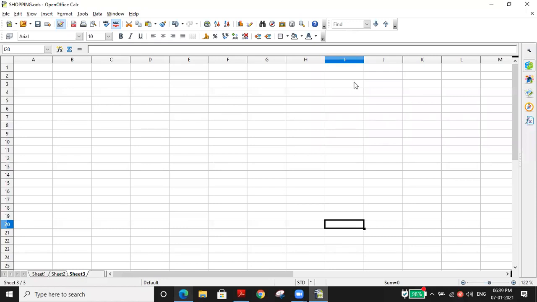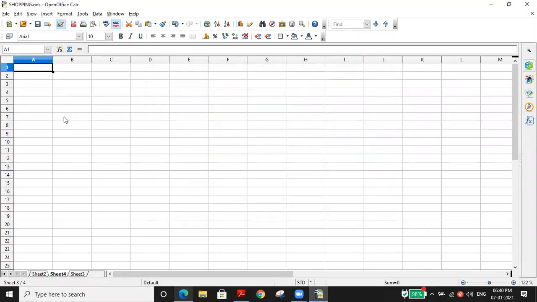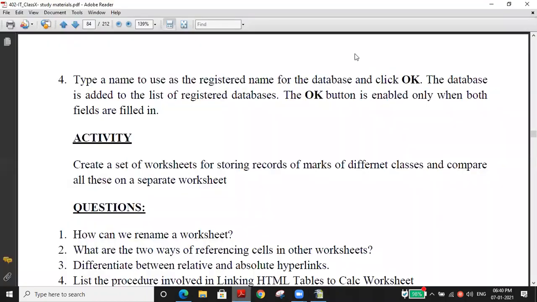For example, the 6th standard total will be present here, so you want to easily refer to that 6th standard total. On a separate page, you can create a new page, and in the new page we can easily create the 6th standard total, 7th standard total, 8th standard total. So by using the cell reference, we can easily refer to all the data in a single worksheet. Do you understand what I'm saying? Yes, sir. Remaining students also? Yes, sir. Fine, fine. So that is the activity they have given.